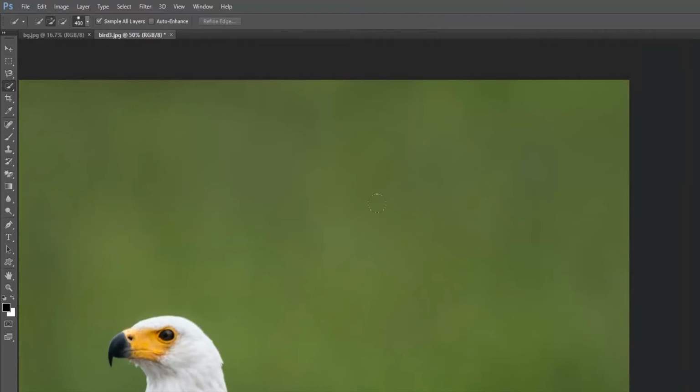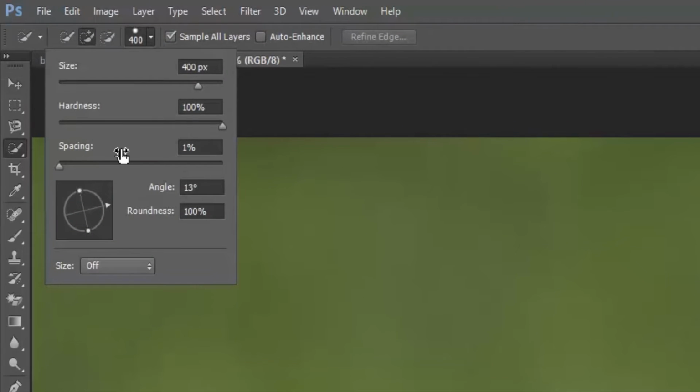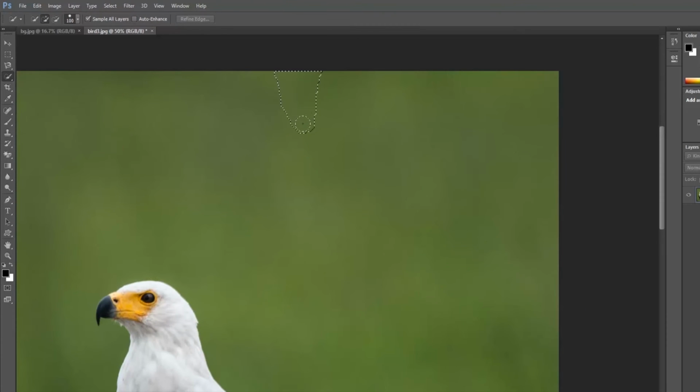The next option is spacing. Spacing determines how often the tool places the selection points while making the selection. With the spacing set to 1%, if you start making a selection, you can see when I move my cursor across the object, it makes a selection continuously.